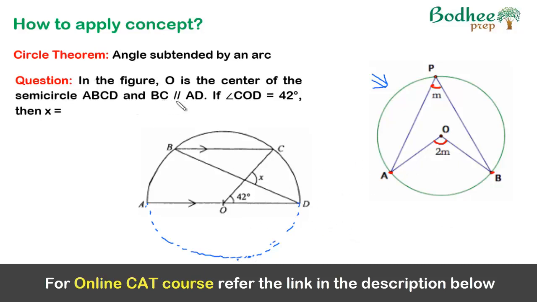Now here it says that BC is parallel to AD. So these two are parallel, okay? Now angle COD is 42 degrees. This angle, as you can see, is formed at the center, right? So what we have to do is pick those points on the circumference from where two lines are originating. Those points are C and D here, even B is also, but we have to focus on C and D. So we can see that in this arc, the central angle is 42 degrees.